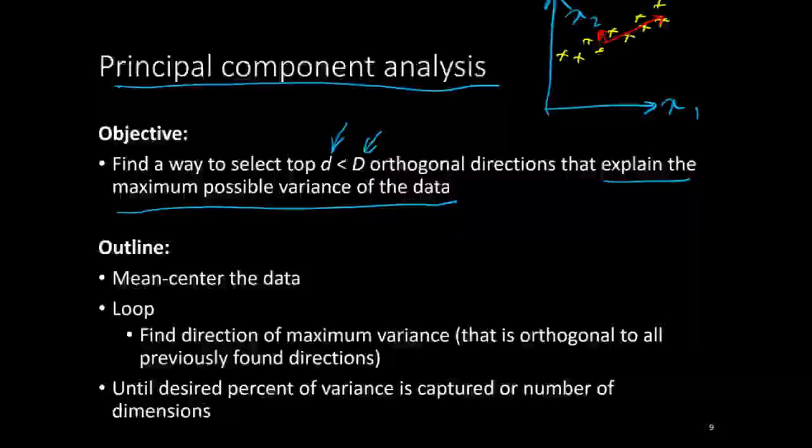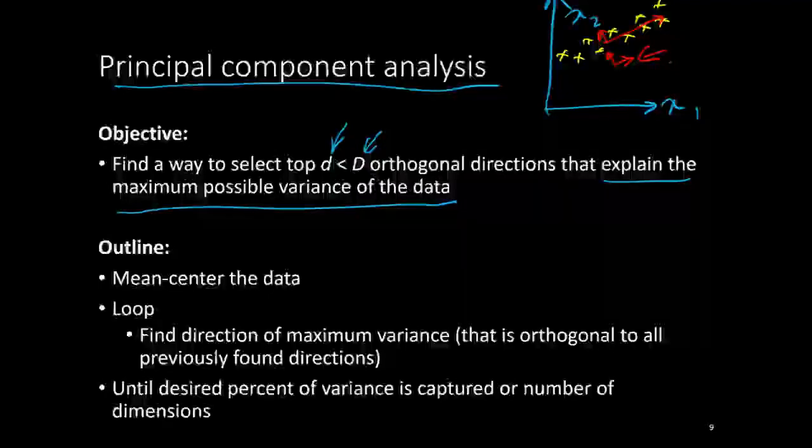Okay. So these directions, let's just call them unit vectors. I want to find that unit vector along which there is maximum variance, and then in the second step, if it was more than 2 dimensions, let's say it was 3-dimensional data, I would want to find the next direction which is orthogonal to the previous direction, such that among the remaining variance, it is the maximum variance.